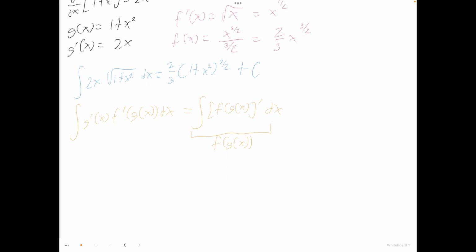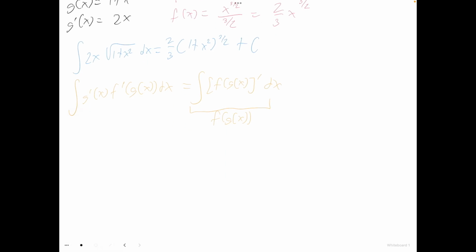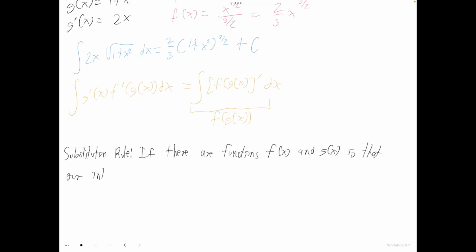Writing this a bit more formally, the substitution rule says the following. If there are functions f of x and g of x so that our integral can be written as the integral of f prime of g of x times g prime of x dx,